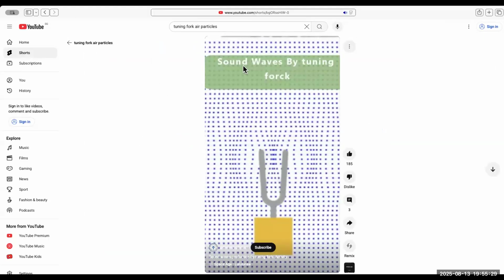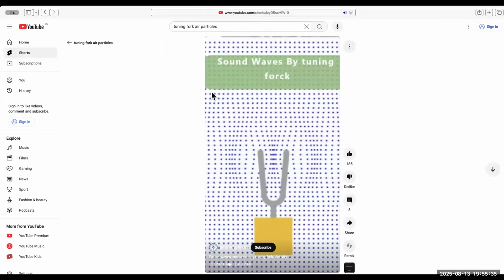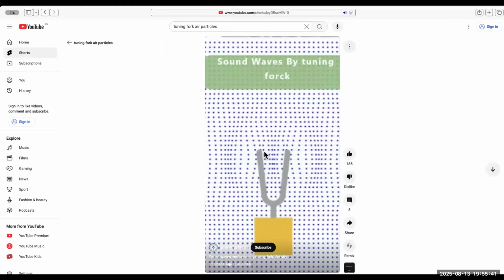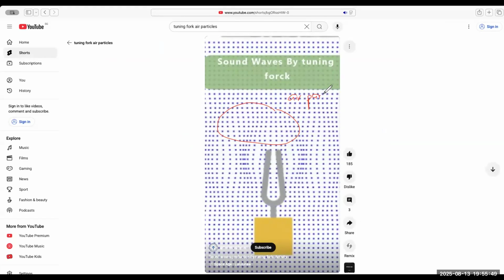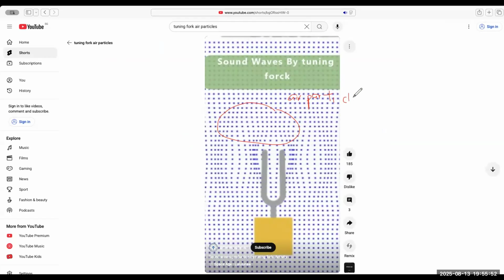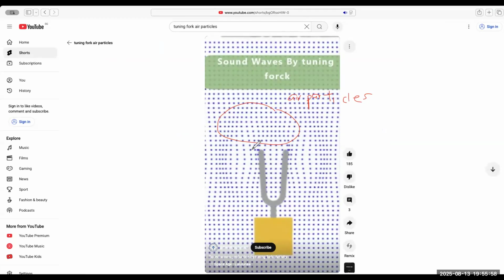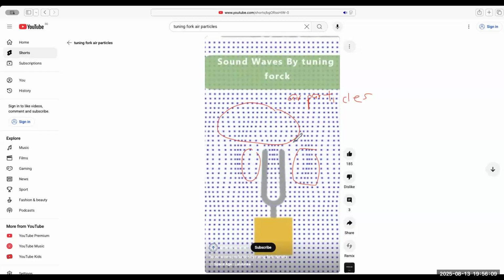Everyone see this? This is a tuning fork example. If you push this tuning fork left to right, you can see here are all the air particles. Assume the air particles are packed nicely in a very uniform way. Once you make any motion, you cause the air particles to be compressed and then relaxed, compressed and relaxed accordingly. So you can see a series of compressions and relaxations as energy travels from left to right.